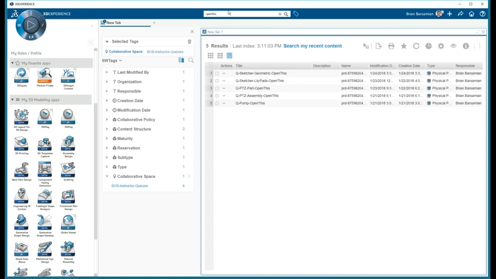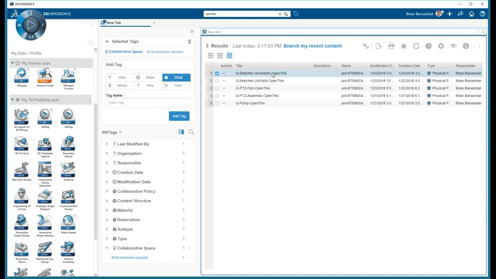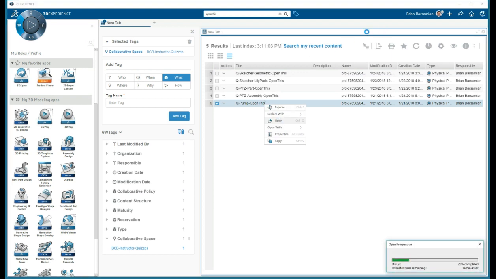Now, just because you type something in there doesn't mean you're searching the entire database. You have areas where you're able to search, and that's all your collaborative spaces. I'm going to go ahead and select something here to open. Let's open this pump, and I'll say open this. There we go. And while that's opening, I'll go to the third major area of the 3D experience interface,